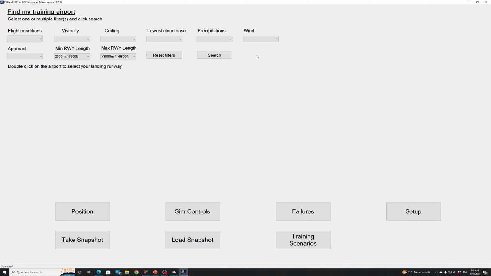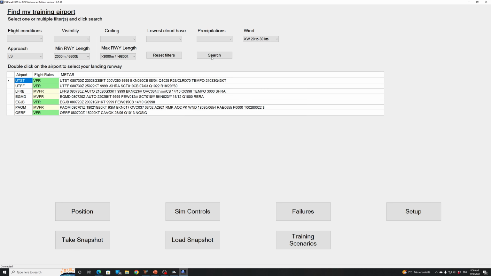So for example, now if you would like to practice crosswind landing, you could, for example, go in the wind section and go down to crosswind, and there you can see you have crosswind 10 to 20 knots, crosswind 20 to 30 knots, or more than 30 knots. So if I would choose now crosswind 20 to 30 knots, for example, and I would like as well to have an ILS available, then I have selected these two criteria. I can click on search and I will get right away a list of airports where I can train crosswind